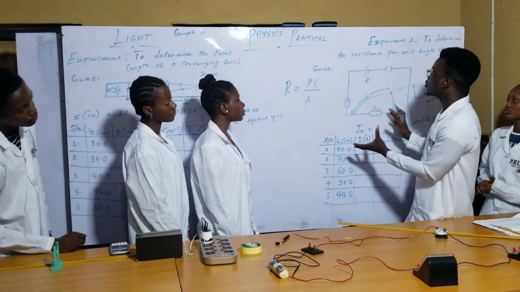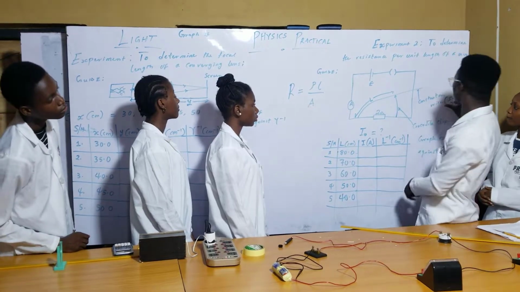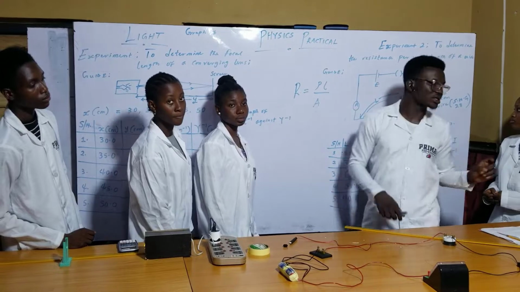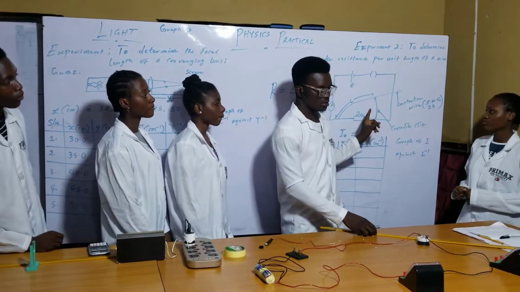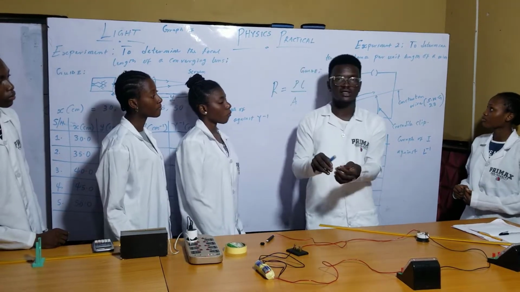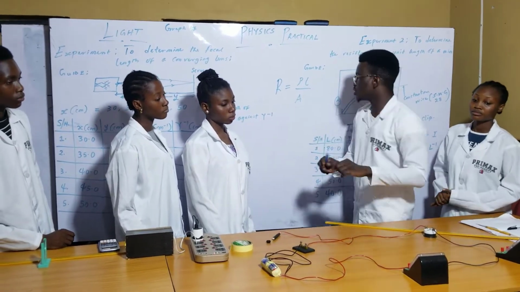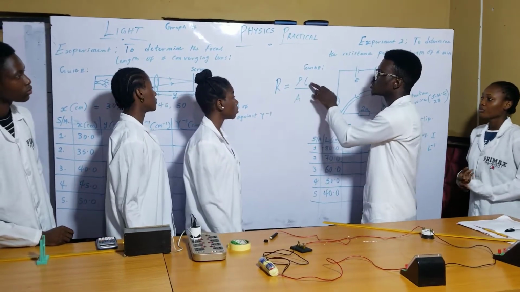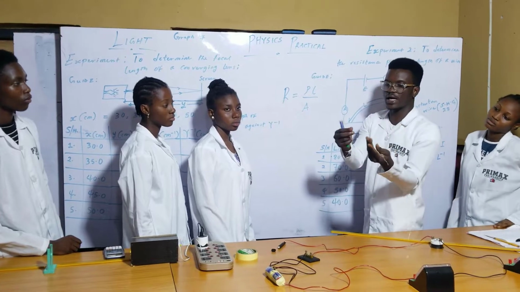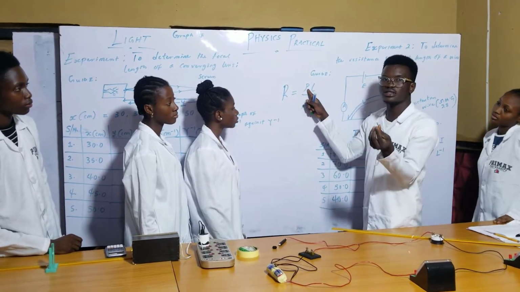So we are connecting wires now. Then we are connecting an extra wire, which is a Constantan wire. I don't know if you can see that. So the Constantan wire is connected, but we want to know the resistance of this Constantan wire per unit length. So this is the Constantan wire. You understand that? So looking at what we have here, R is equal to rho L over A. This wire has a specific cross-sectional area and it has a resistivity.